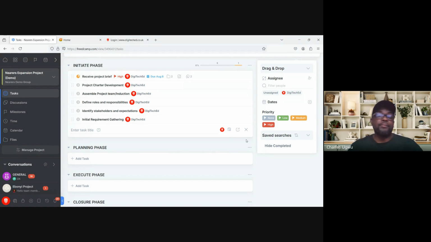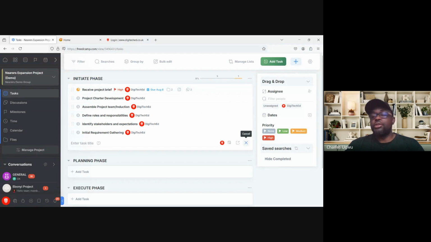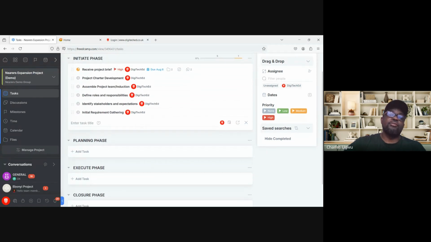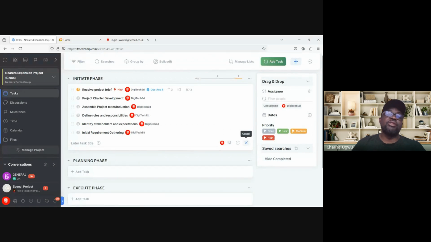And that is what we need to do for now. I'm not going to start creating everything, because the way I did this initiate stage, your initiate phase, that is how we are going to start creating other phases. By the time you do this twice, you are going to be a pro. So that is how to manage a project using this